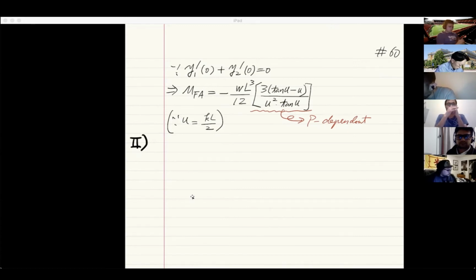Right? So in this case, we have a fixed-ended axial force